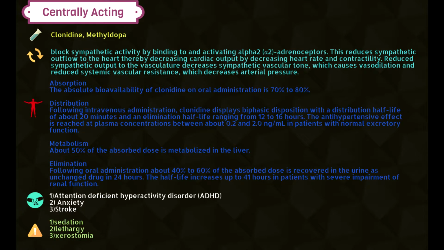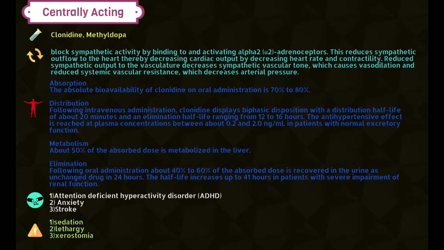And now I will explain about the centrally acting adrenergic antagonists. The examples of centrally acting are clonidine and methyldopa, and for its mechanism, it will block sympathetic activity by binding to and activating alpha-2 adrenergic receptors. This reduces sympathetic outflow to the heart, thereby decreasing cardiac output by decreasing heart rate and contractility. It reduces sympathetic output to the vasculature,